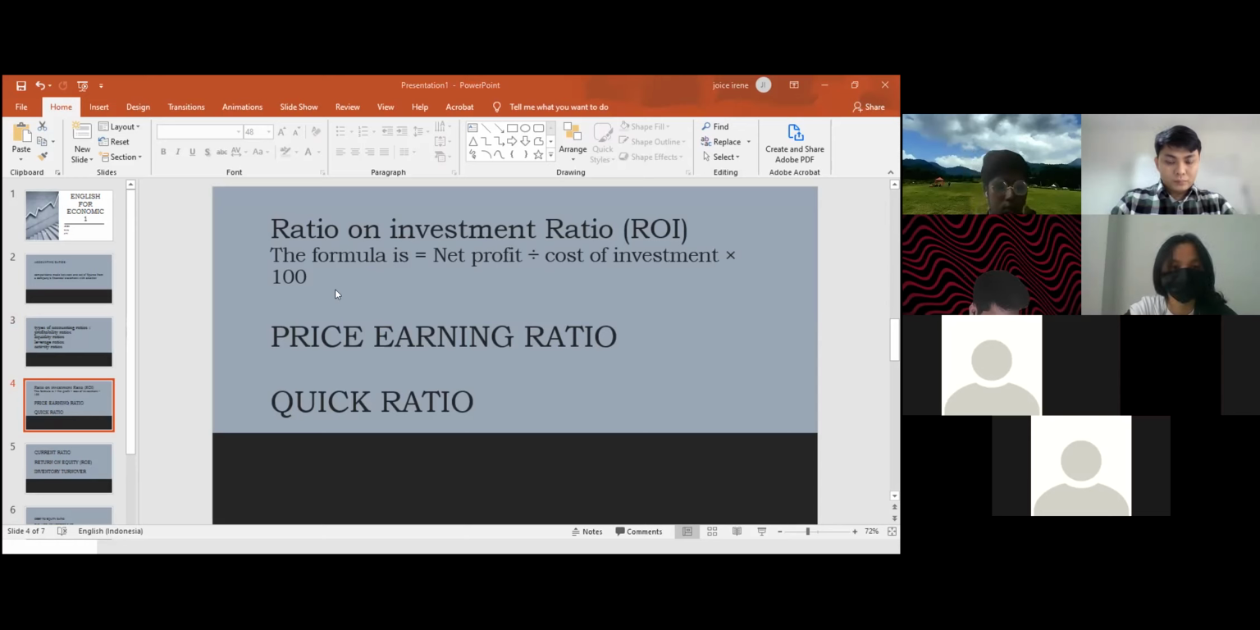Return on investment, ROI. This is a term used to discuss the ability of an investment made to generate income for a business. ROI is the most common measure of financial performance for a business. The formula is net profit per cost of investment